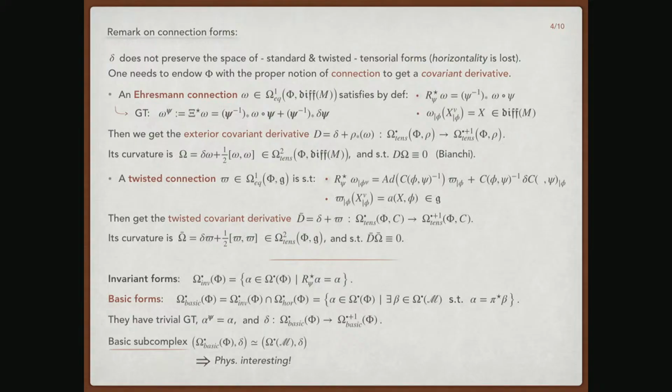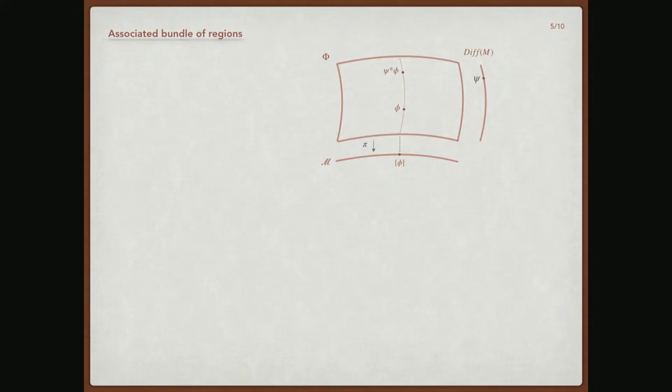And the question is, since this is what is physically interesting, given some form on the field space, can I build a basic counterpart? Well, that's exactly what the dressing field method is supposed to do, right? So we will see. But before coming to that, one word about something that I find quite neat,